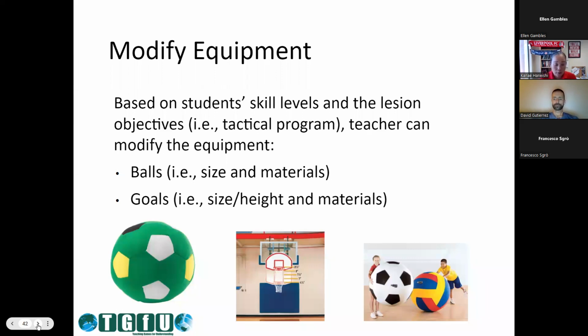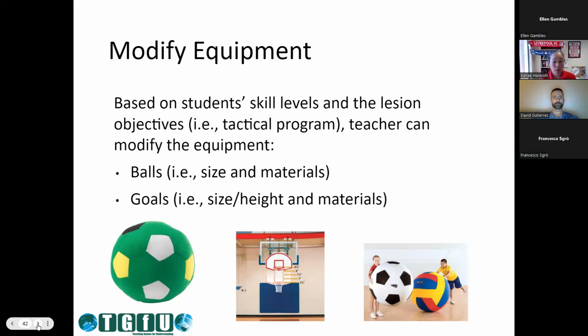And then also teachers and coaches can modify the games by using different kinds of equipment. Based on the students' skill level and lesson objectives, a teacher can modify the equipment, such as using different balls, different sizes of balls, or different materials of the ball. So if you're doing a soccer lesson, you can use a smaller ball or bigger ball or softer balls or harder balls. If you teach with goals, you can change the size of the goals, bigger, smaller, materials, and